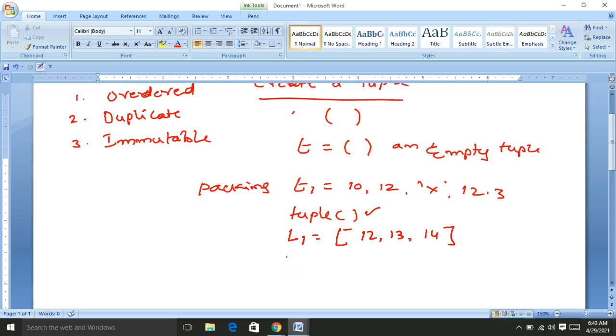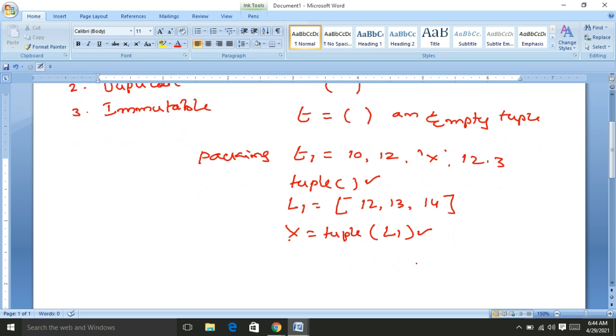I write x equal to tuple of L1. Now this L1 is converted into a tuple. So these are the different ways of creating a tuple.